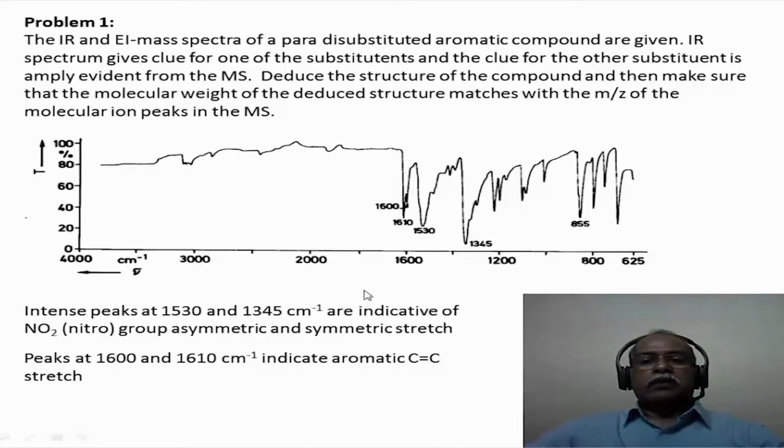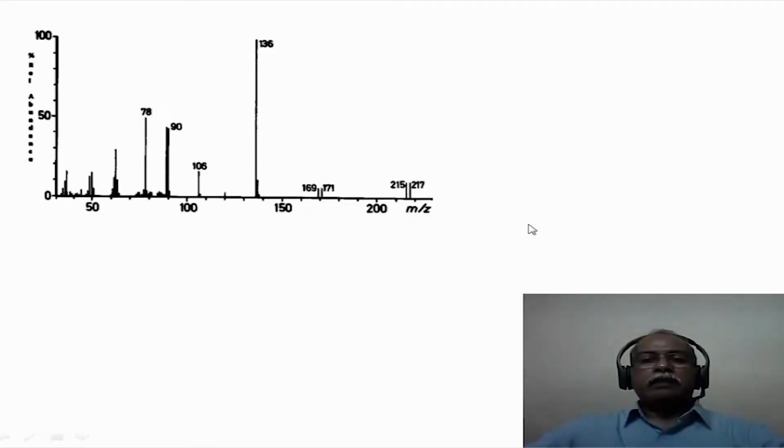In addition to that, one can also see peaks around 1600, 1610, which is fairly obvious because it is an aromatic system. The C=C stretch comes in this particular region. We don't know what this peak is due to. It may be because of the other functional group. We'll see whether 855 corresponds to the other functional group. For the time being, let us not worry about the assignment of all the other peaks. We should be happy that we have been able to identify the nitro functional group from the infrared spectrum very clearly. This is the electron impact ionization mass spectrum of the compound.